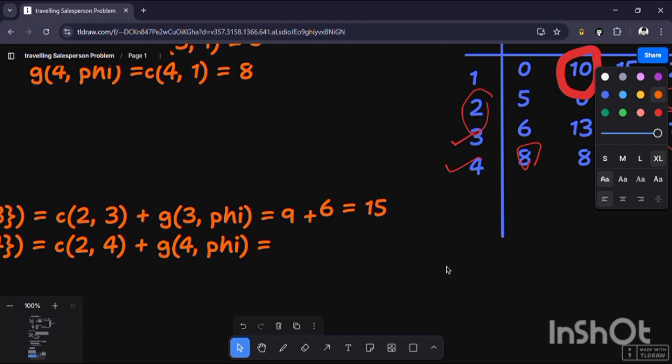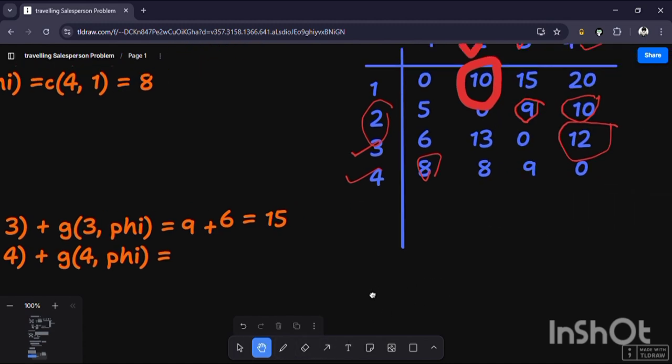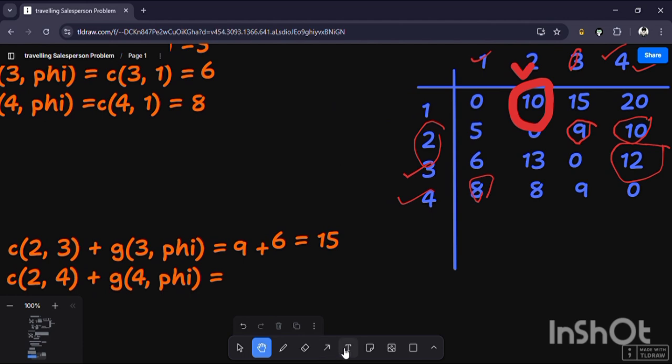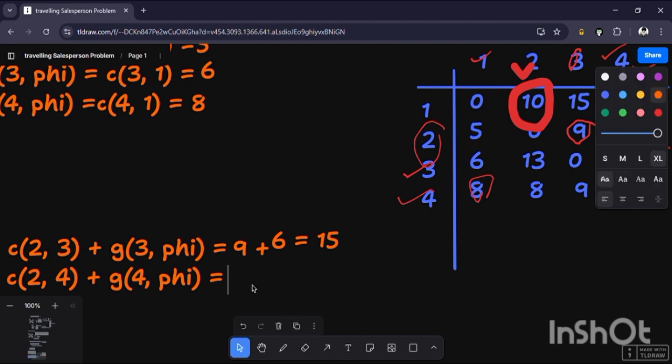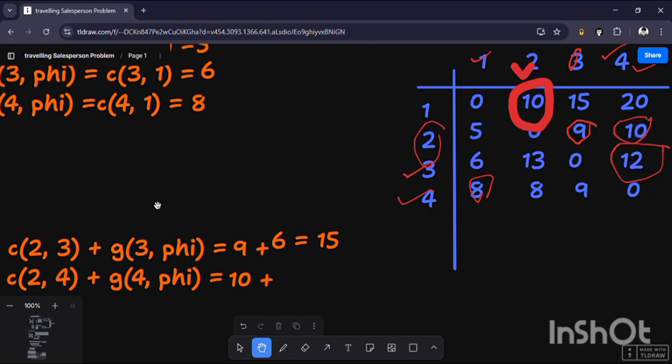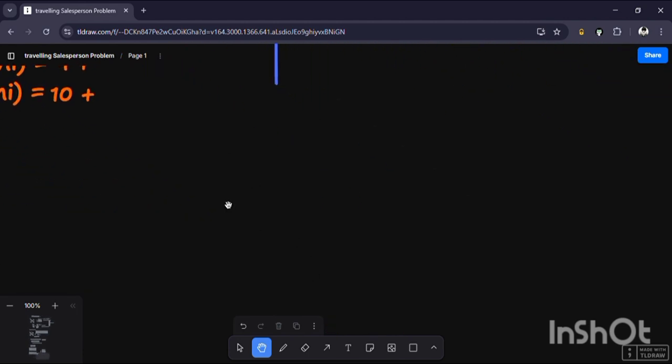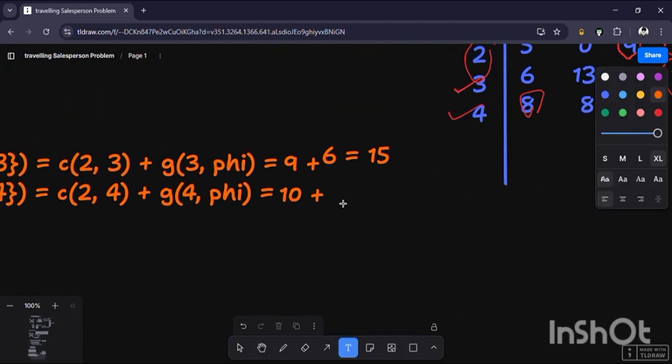Now what is the value of c of 2 comma 4? c of 2 comma 4 is 10. Let me write 10 here. 10 plus, what is the value of g of 4 comma 5? g of 4 comma 5 is 8. This will be equal to 8 and this will be equal to 18. Okay,